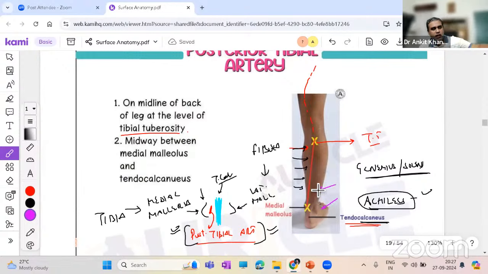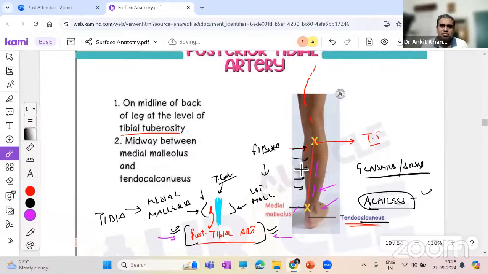They start to walk and after 100, 200 meters they have pain because some atherosclerosis, some cholesterol, starts to deposit in arteries. Now, if you can easily palpate the posterior tibial artery in a patient and it is giving a normal pulsation, you know that the femoral, the popliteal and the posterior artery are okay,